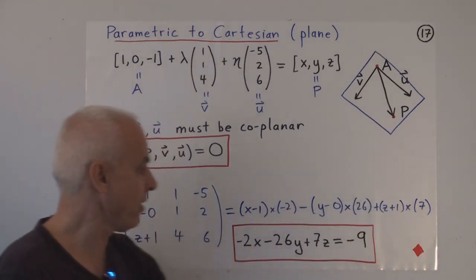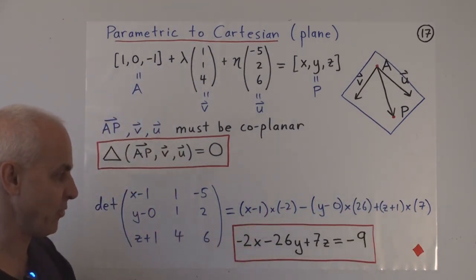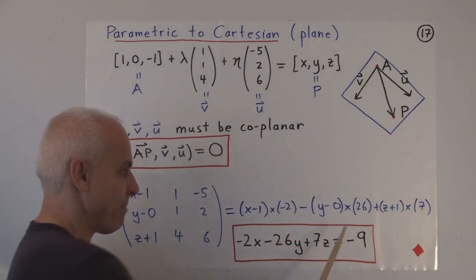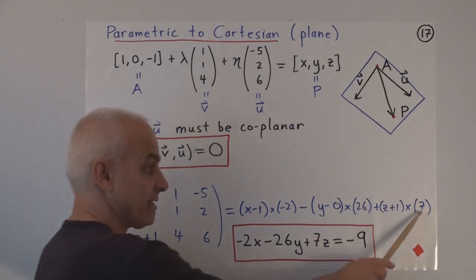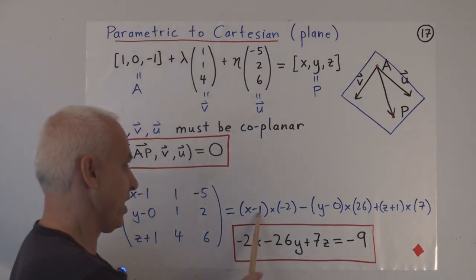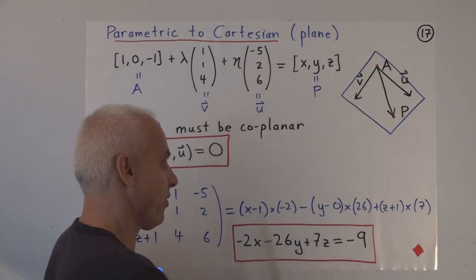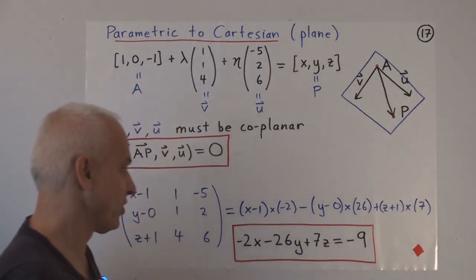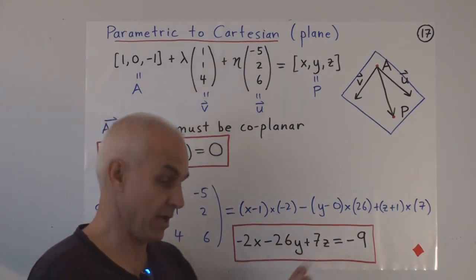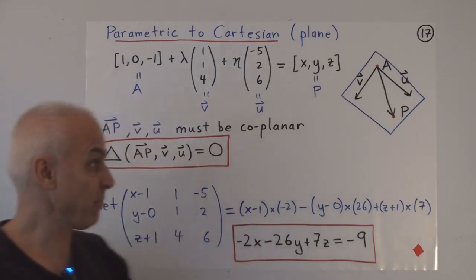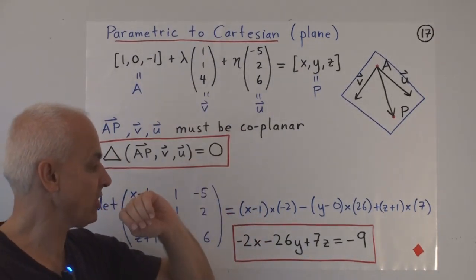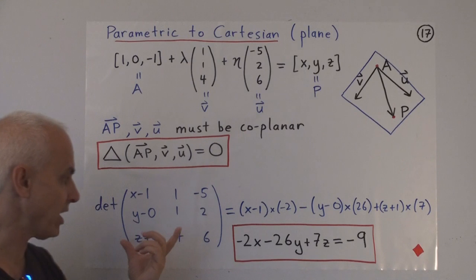So if we set that equal to 0, then collect all the x, y's, and z's on one side and all the constants on the other side, what do we get? We get minus 2x minus 26y plus 7z on the left-hand side. And on the right-hand side, over here there's a 2, there's 0 here, and 7, so there's altogether a 9 here. When we bring it to the other side, we'll have minus 9. So there is a Cartesian equation for that same plane as this is describing. So that's how to go from the parametric equation to a Cartesian equation through a determinant.